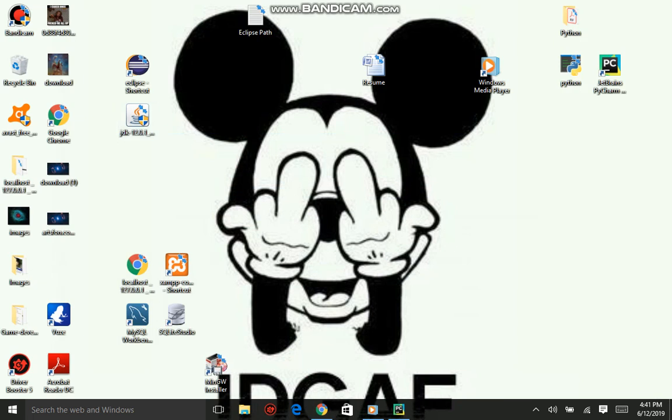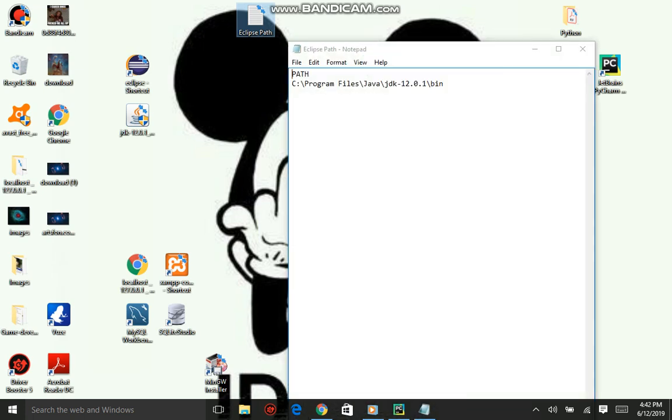What happened to me was I did that and it still didn't work. I still got that error. And if you get that, it's because of your file path directory. Now I saved mine here. What you need to do is just copy this path file. This was the default directory. It installed two C program files, Java, JDK12, and the bin file is the important one. So you just copy this